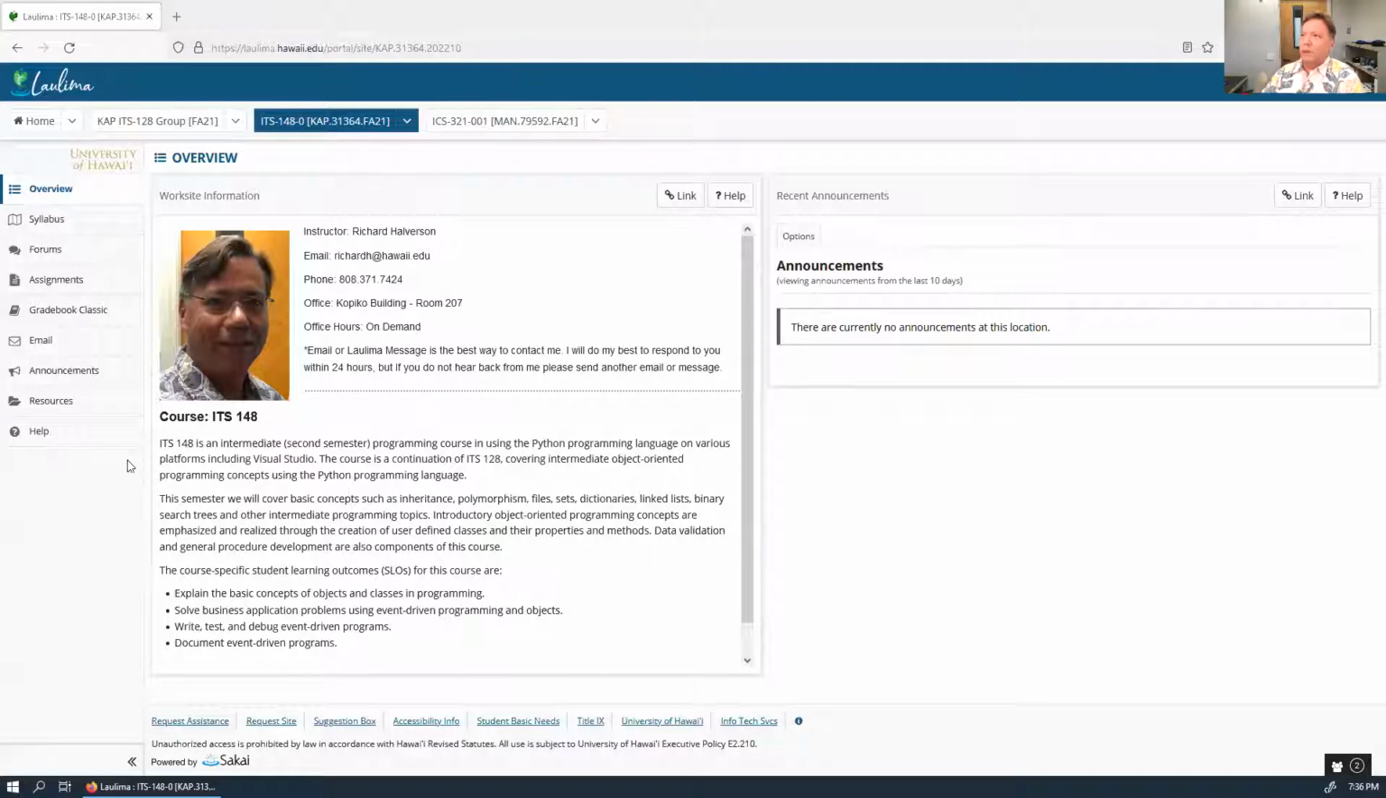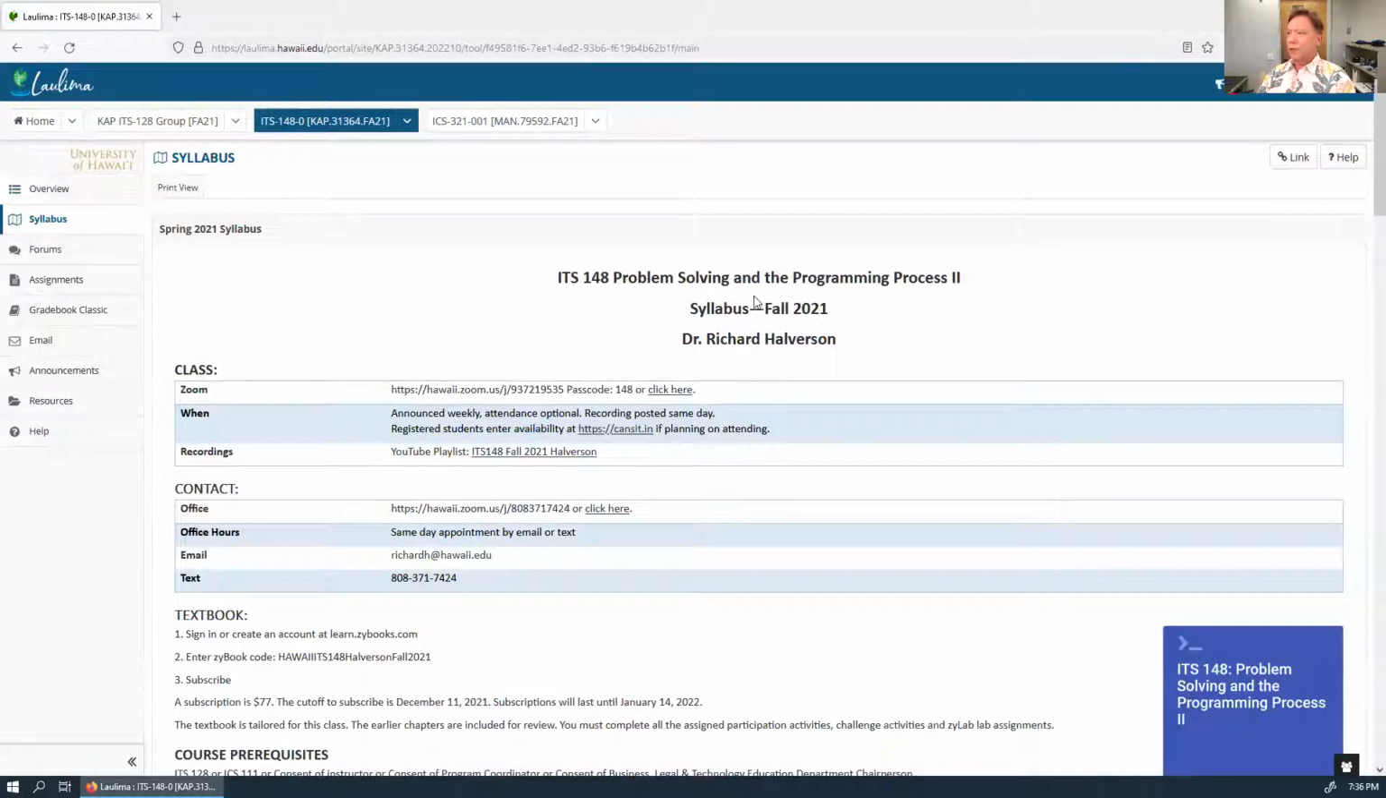Let me share my screen here. All right, when you log in to Laulima, your first page looks like this. You click on syllabus. Here we have